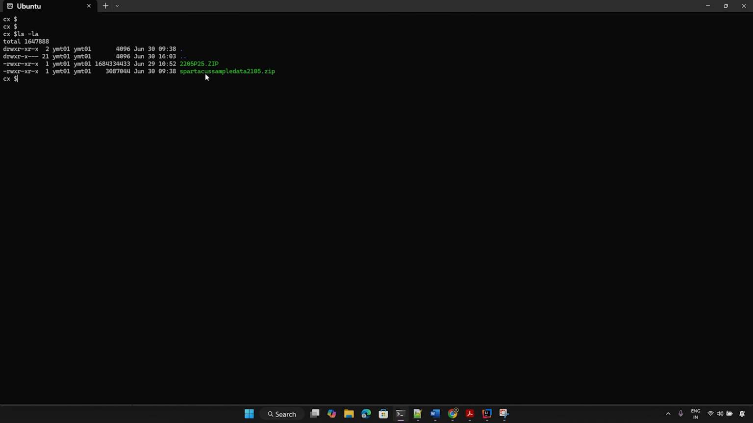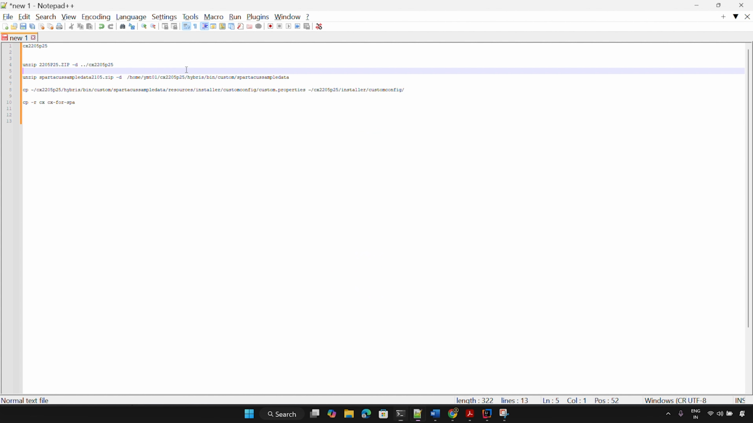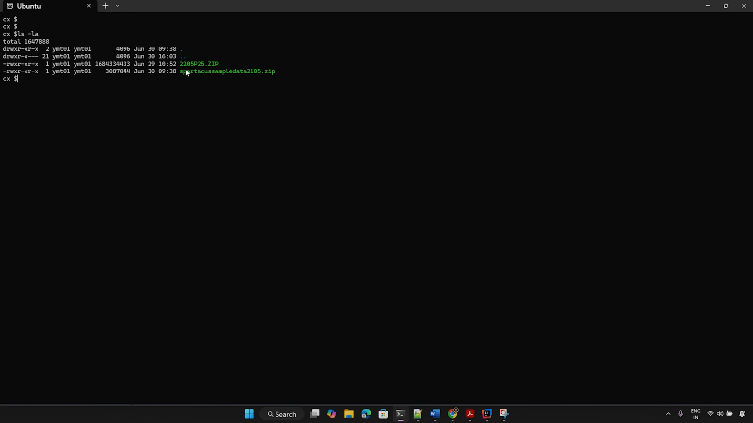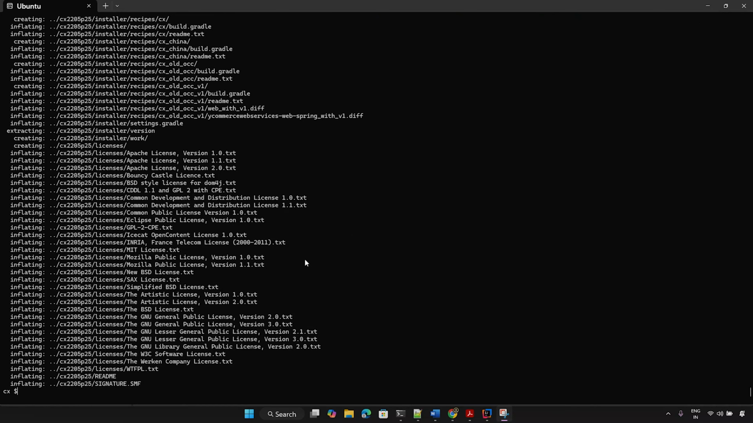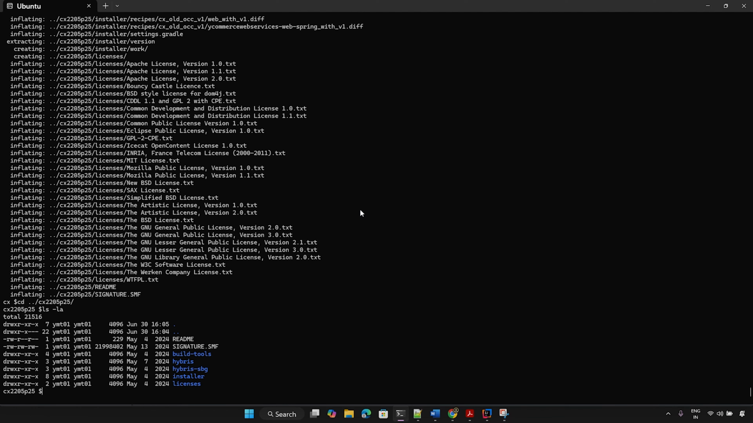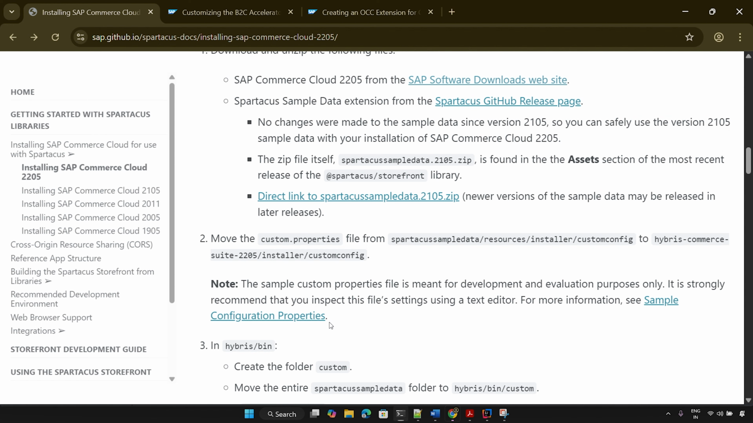I have already downloaded it here. Firstly, we will unzip this 2205p25.zip using this command. Okay, so the Commerce Suite unzip is completed. Let's go to tree. See, it's 2205. So we got this. So the next step is,